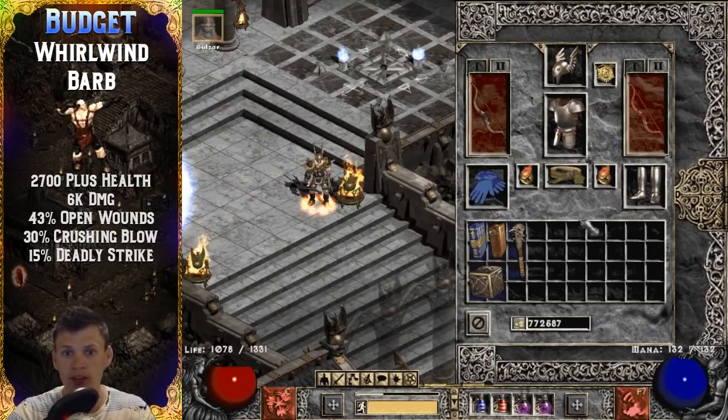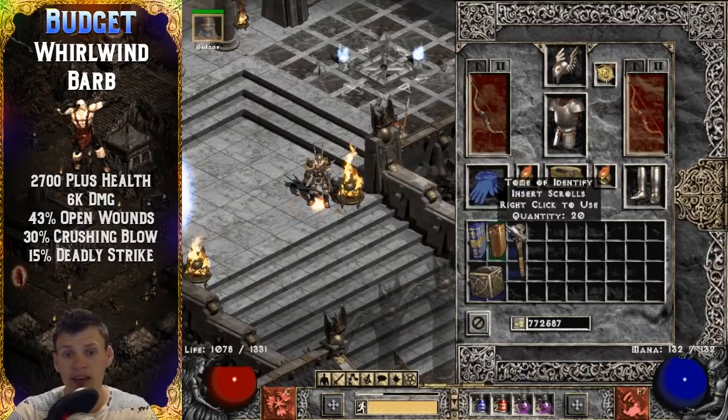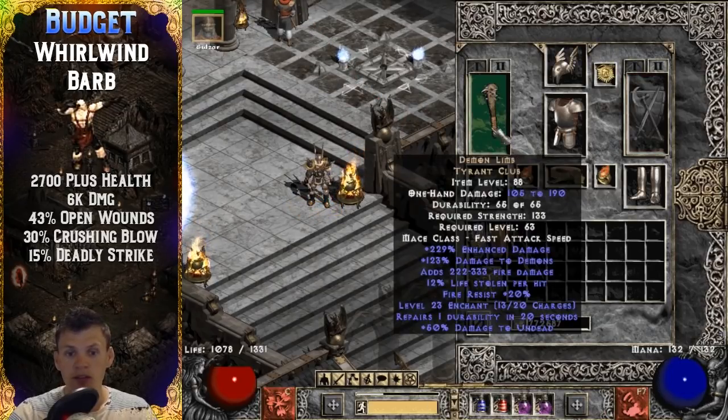And then on switch, I like to use Harmony because you can run around faster. I don't have teleport or anything. Obviously no Enigma on a budget character, so the Harmony gives me the Vigor Aura, which helps me run around faster. And then I also have a Demon Limb in my stash, and I like to switch this out